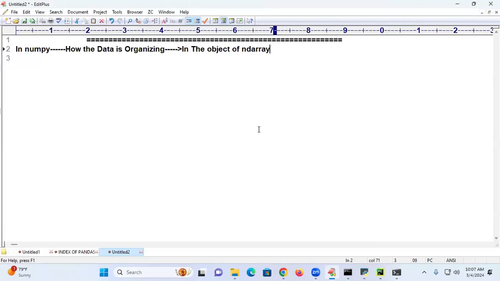ND array is a class whose object allows us to store the data either in one-dimensional, two-dimensional, or n-dimensional form. On that object only, there are many functions we called. Correct? In pandas,